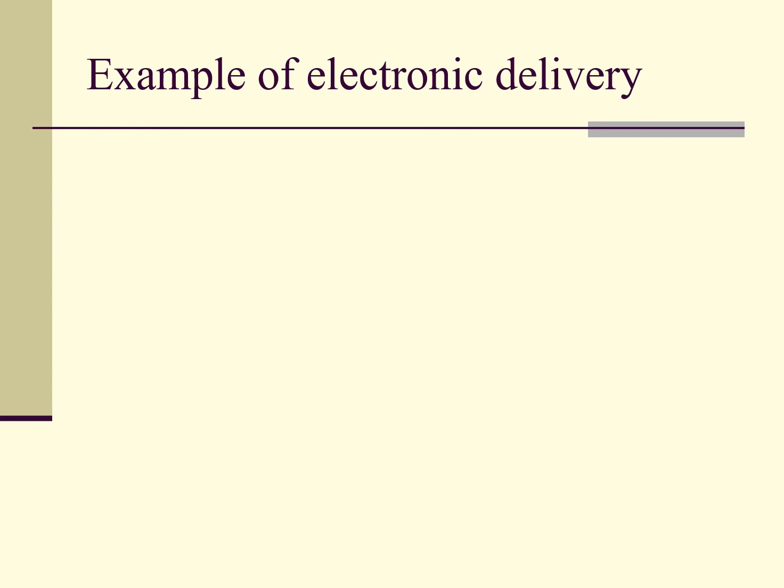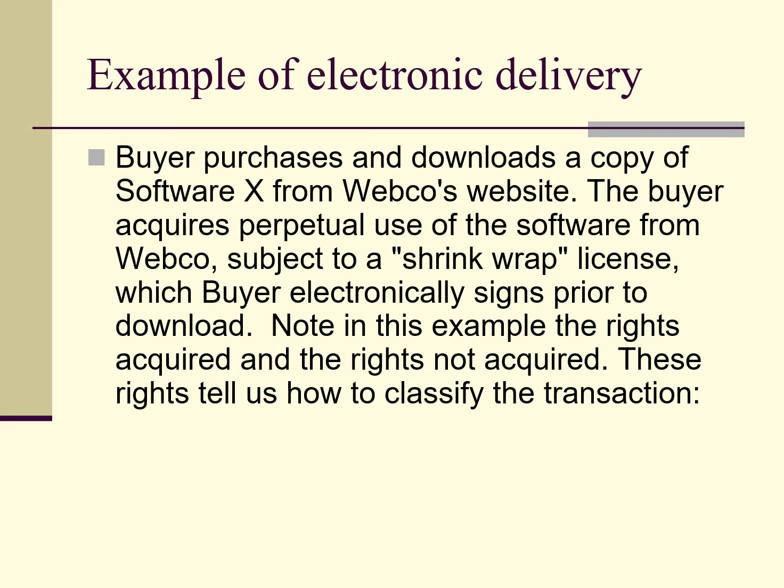Here's an example of electronic delivery. Buyer purchases and downloads a copy of Software X from Webco's website. The buyer acquires perpetual use of the software from Webco, subject to a shrink-wrap license, which buyer electronically signs prior to download. Note the rights acquired and the rights not acquired. These rights tell us how to classify the transaction. The rights are